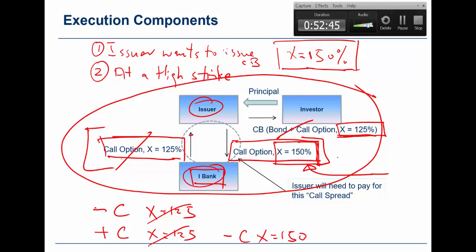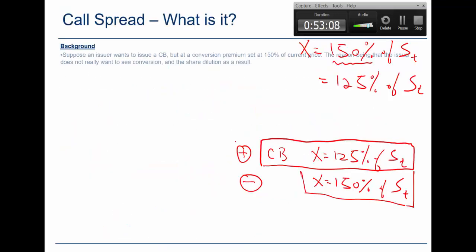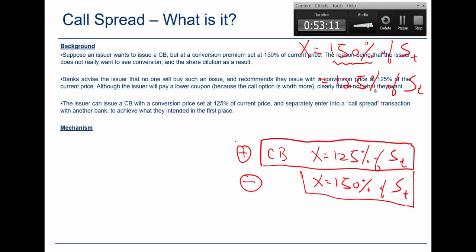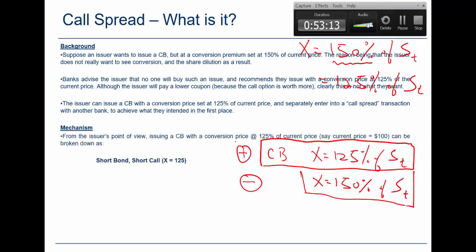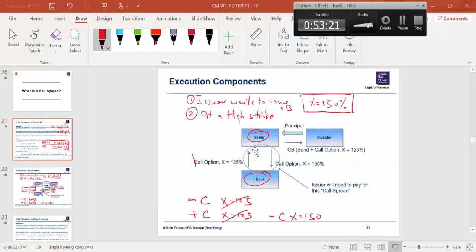Absolutely, you are absolutely correct. You can try to pay a really attractive coupon by issuing something like this, but still investors may not be interested. So it's a constraint optimization exercise. In the end, I just want to make a mention of this in case you want to read the Microsoft case, because that talks about this in quite a lot of detail.